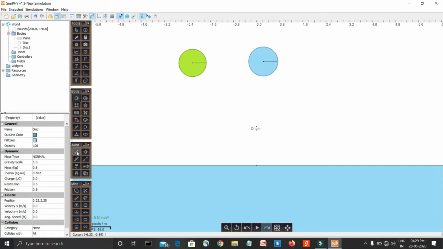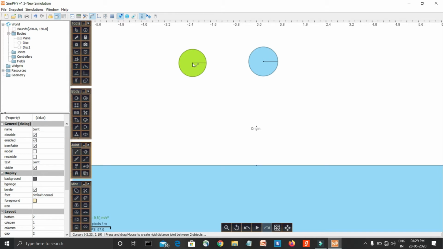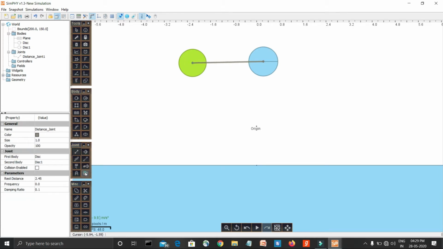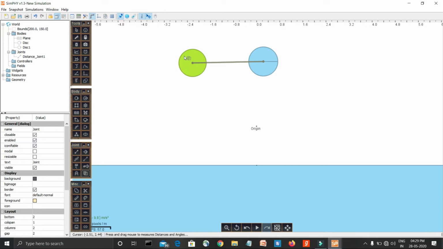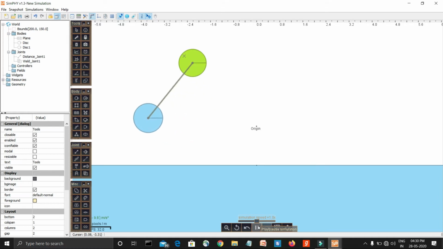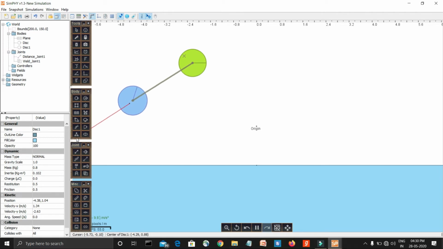Here I am connecting these two bodies with a distance joint center to center and making one body weld with the background. Now as you can see, it acts like a rod and the objects can be rotated about the anchor points. As you can see, it cannot be stretched further since it acts like a rod.